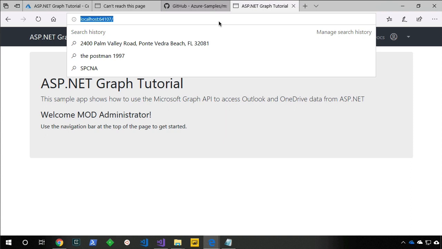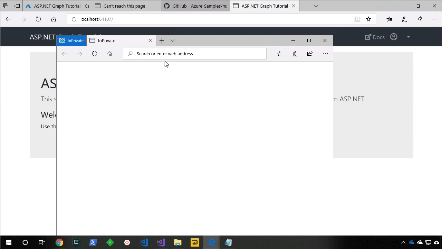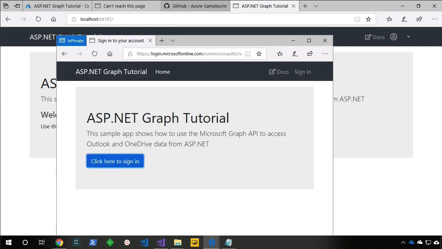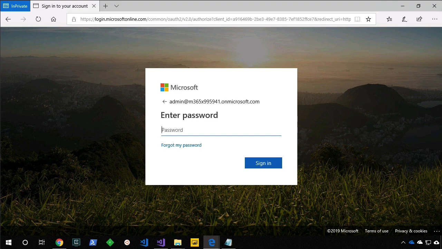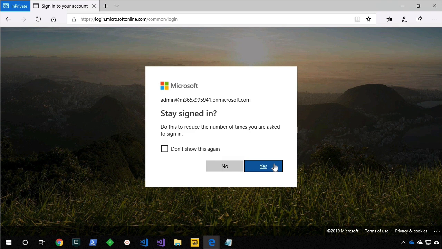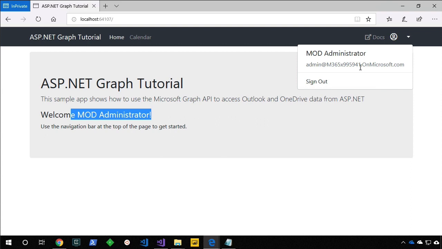Let's go to the same URL. We'll go ahead and sign in. We'll use the same account we were using before, and then we'll put our password in. And we've already granted the permission, so we shouldn't have to go through a permission request. But we can see it is getting information about the current user. So we can now see that we're currently logged in, and we can even see the email address is coming